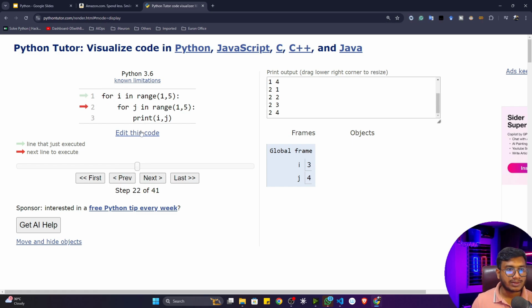Then again it will come inside that and it will print 4 times again. You can see that: 3 1, 3 2, 3 3, 3 4. Again it will go back, it will become 4. Now again it will come here and it will print 4 1, 4 2, 4 3, 4 4, and